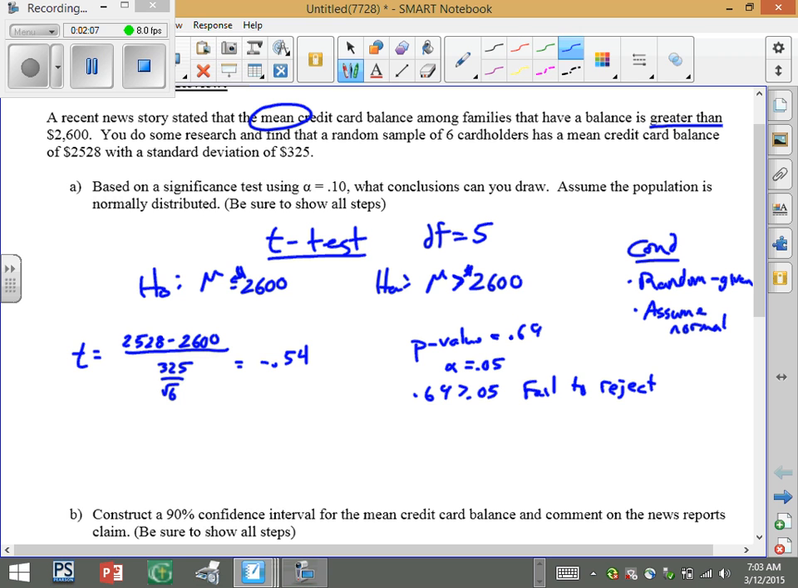Oh, excuse me, they gave us a different alpha level. Let me fix that real quick. They actually gave us an alpha of 0.10. I just realized that. Still, our p-value is greater than that, so fail to reject. So evidence suggests